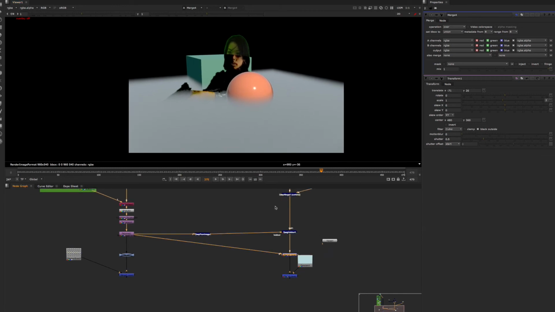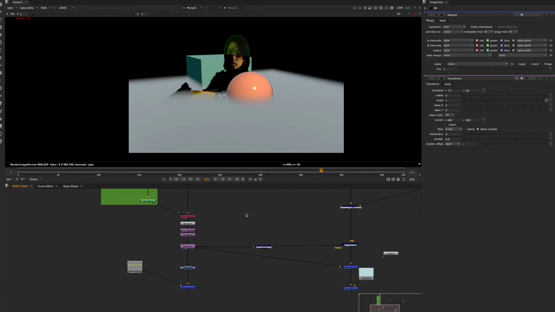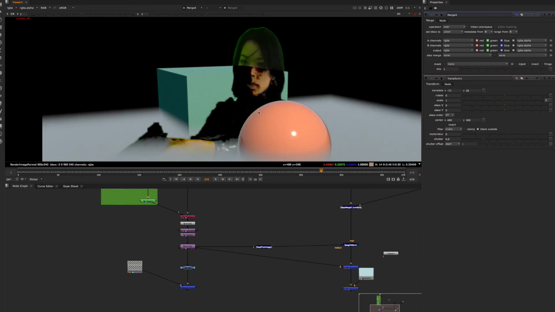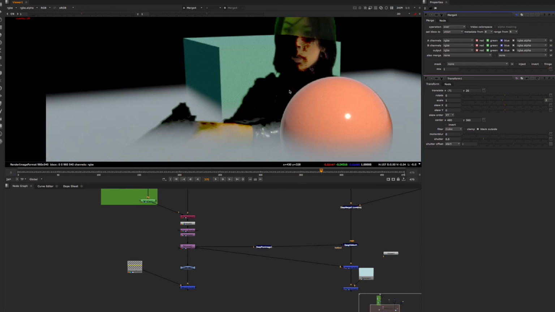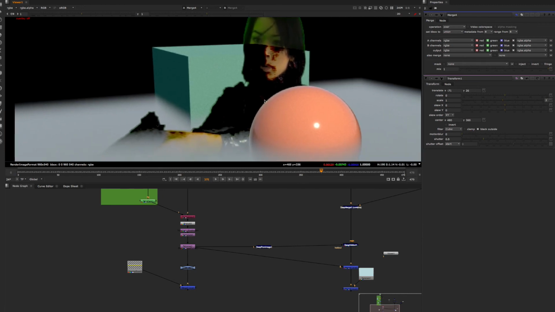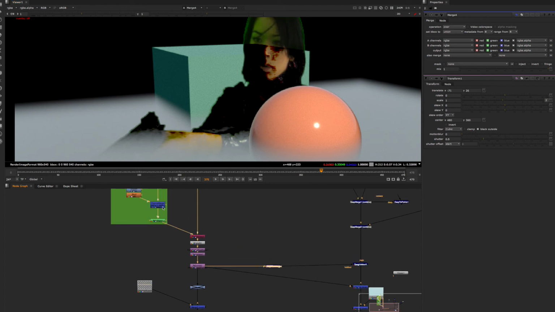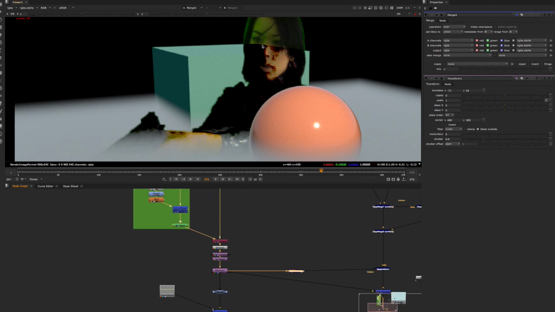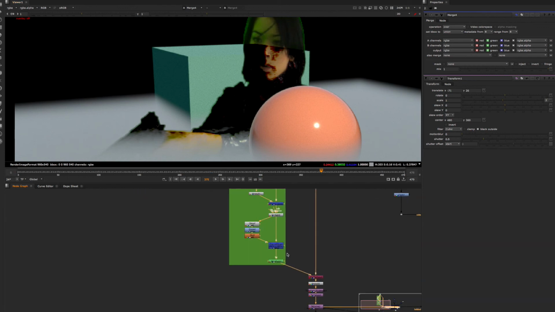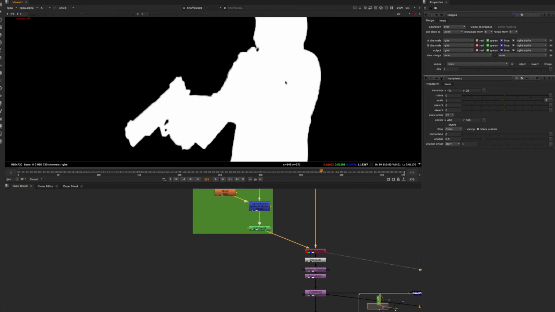However, if we take a look at the resulting picture, we can see that there's actually something we didn't expect. She looks very black and crushed wherever she's overlaying the cube. So there seems to be a problem somewhere in the tree that is resulting in an incorrect blending of our two images. So we have to identify the source of this, and this is most likely the alpha channel that we created for the actress, because when using the union operation on the channels and when merging the alpha channels,